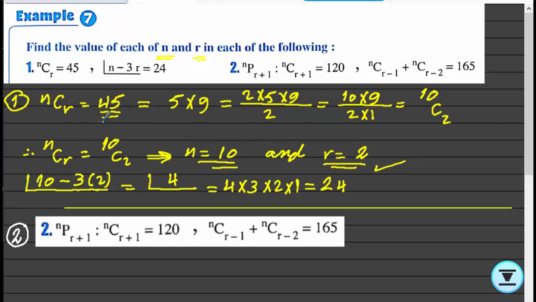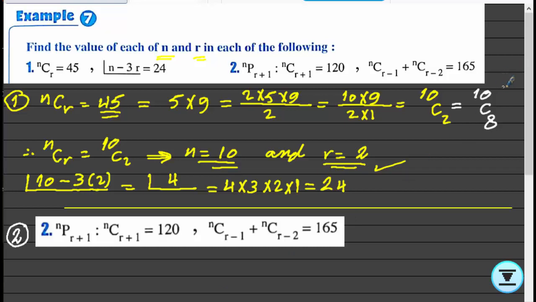When nCr equals 45, we know that 45 equals 10C2. It is equal also here, 10C2 equals 10C8. It's from the properties of combinations. 10C2 equals 10C8, as 2 plus 8 equals 10. Okay? Okay, now